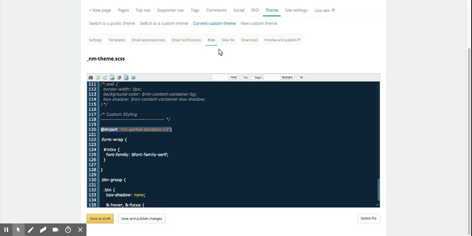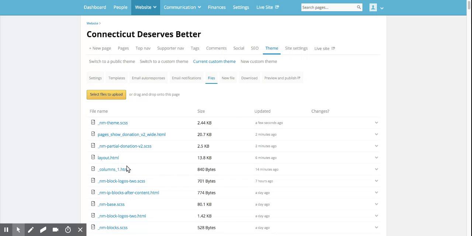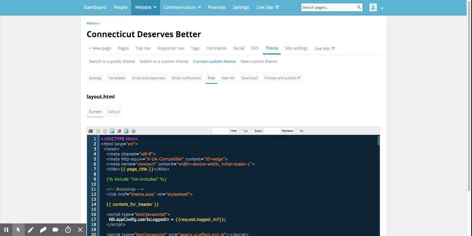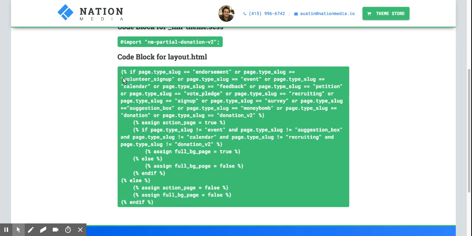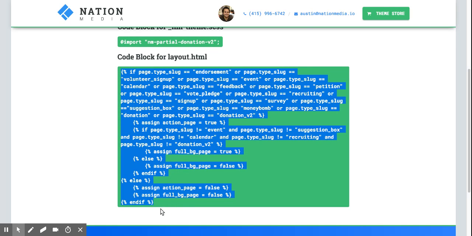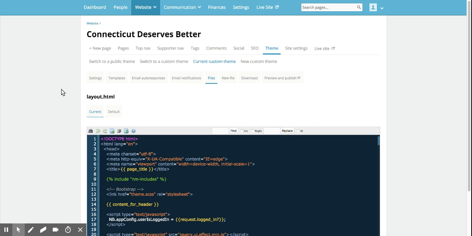Let's go back to Files. And now let's open up layout.html. We see that right here. Let's go ahead and open this, and let's navigate back to the page that you're watching this video on. Again, underneath this video, you're going to see a much bigger chunk of code. Let's go ahead and copy that. And then back in the actual theme file,